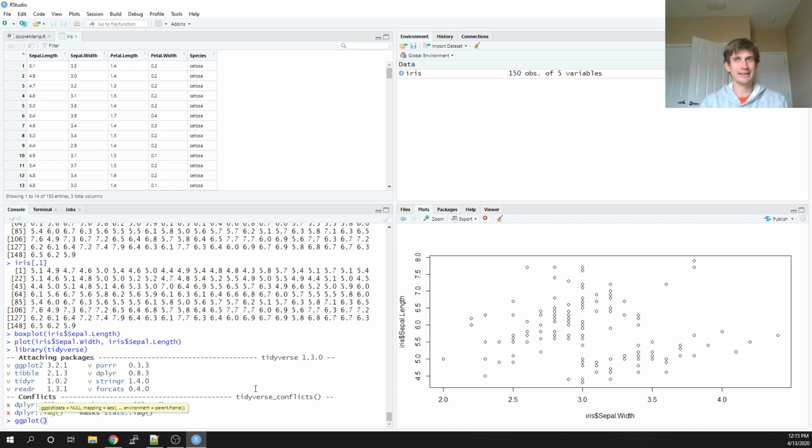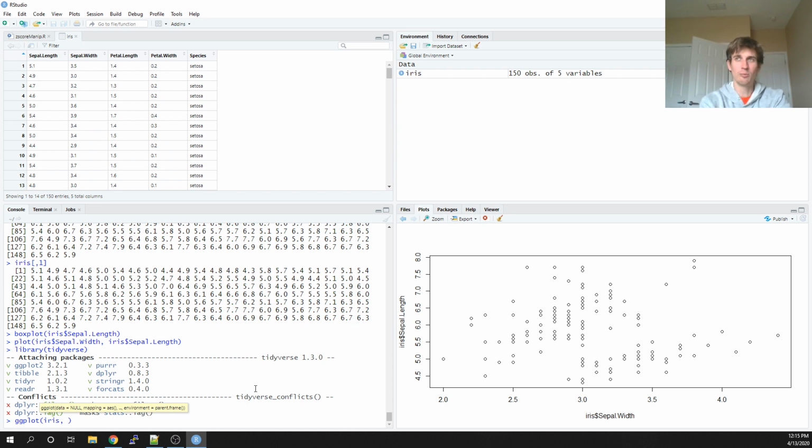Whenever I call this ggplot package, I have to call the data frame I want to use, and then I have to assign my x and y axes. So the common syntax is to call ggplot, and I'm going to call iris,